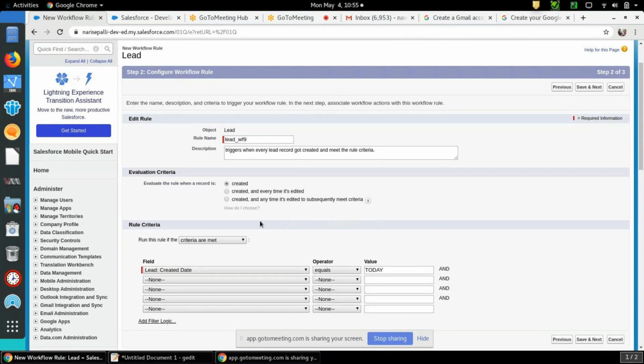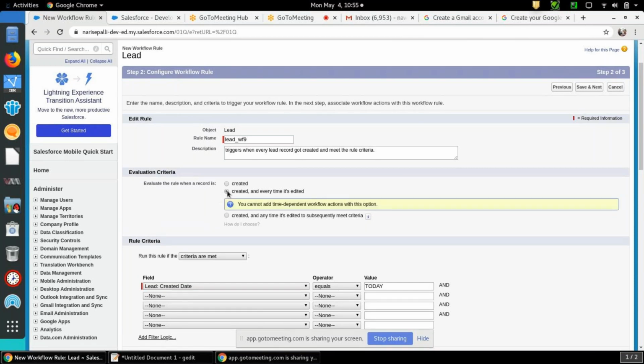If I select created and every time it's edited, it means that when a record gets created this workflow will execute, and every time the lead record is edited, if you edit some field, it also gets executed. There is no condition like that. So we cannot use this option for a time-dependent workflow action. Why?